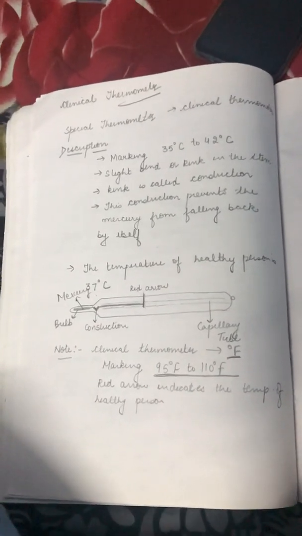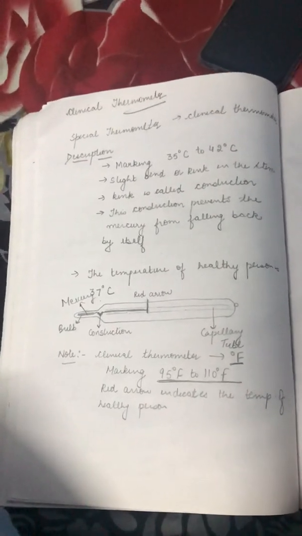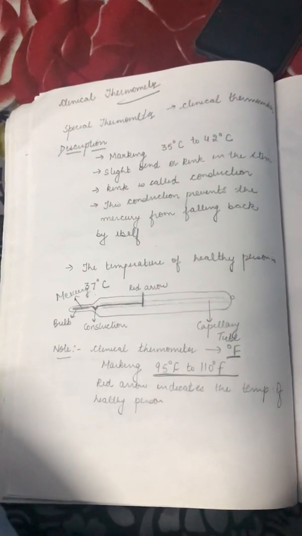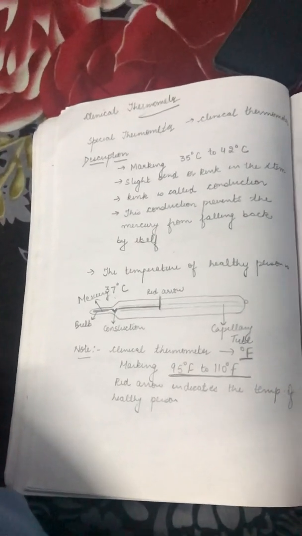Already lots of you have digital thermometers at home. They are easy to use and easy to handle. A clinical thermometer cannot be used to measure the temperature of boiling water. Why not? Because the measurement it gives is only from 35 degree to 42 degree. See, the laboratory thermometer can be used for measuring the temperature of a body, but a clinical thermometer cannot be used for boiling water.